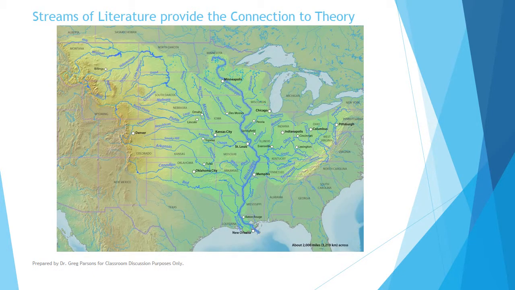So how do streams of literature connect to theory? Now, this particular example isn't from transformational leadership class. It's not from leadership. It's about management. But the concept holds. So suppose we're interested in trying to look at management theory and look at its development. And so we would start out back in the late 1800s with Frederick Taylor and examine the work that he did, and then we'd find, when looking at Taylor, that Henri Fayol, the Frenchman, also contributed ideas that became important to the understanding of management.